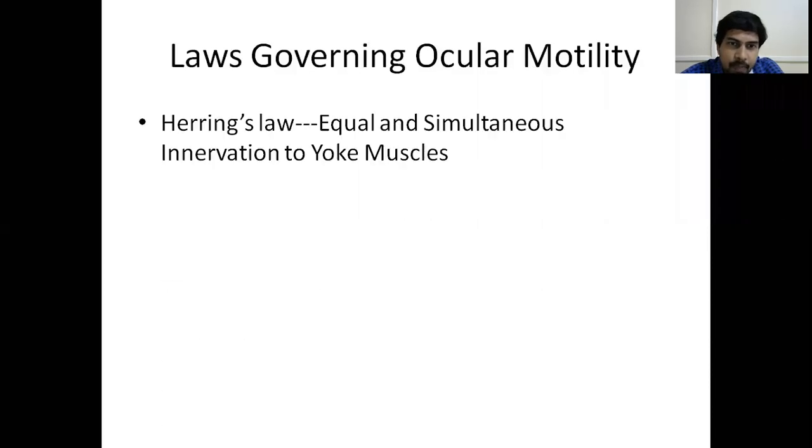So to maintain this binocular single vision, there are a few laws governing ocular motility, which can be a 2 marks question. You might have also read this in your physiology in first year. So Hering's law of equal innervation. Here, what I told you about yoke muscles: two muscles, one from each eye, causing the same movement. For example, the right lateral rectus and left medial rectus will cause movement in the same direction.